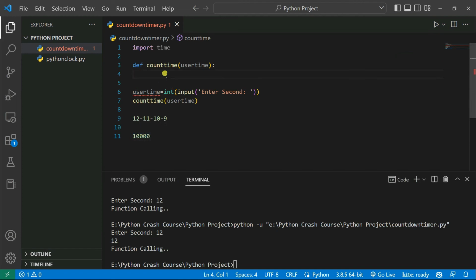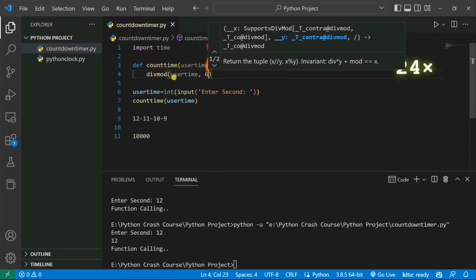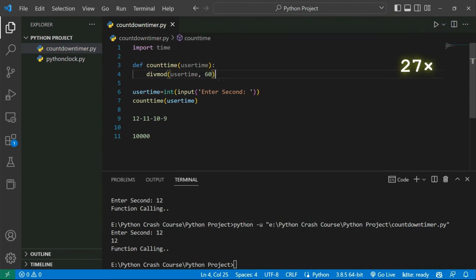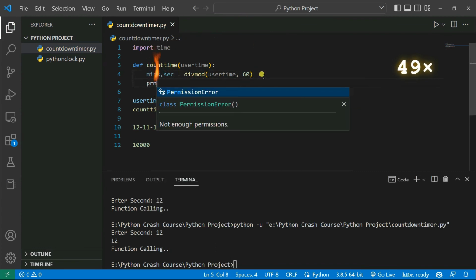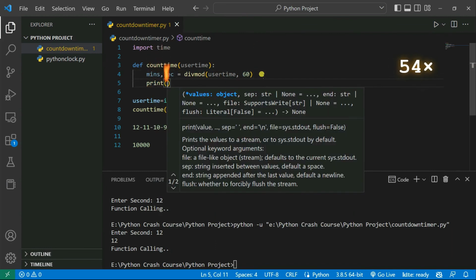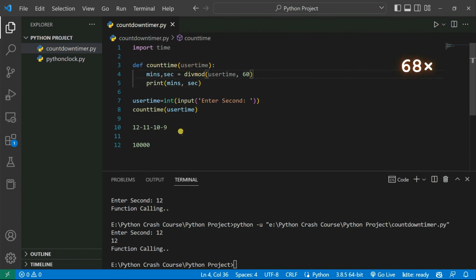So that's why we need to use one method that's called divmod. Let's say divmod, and inside that I'm going to pass my user time, and I'm going to change this to 60, and this 60 gives me the answer as minutes and also seconds. So let's say minutes and seconds. If I try to print it, let's say print minutes and the seconds. So if I run the code here,